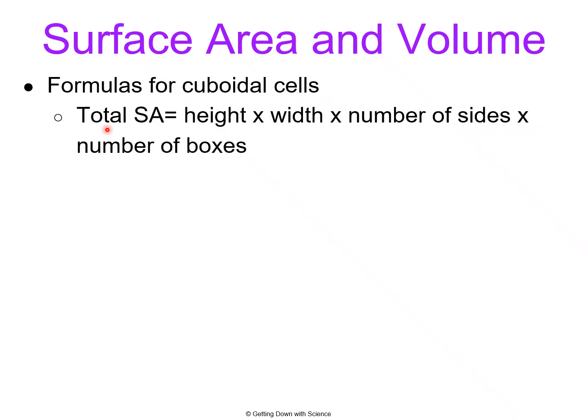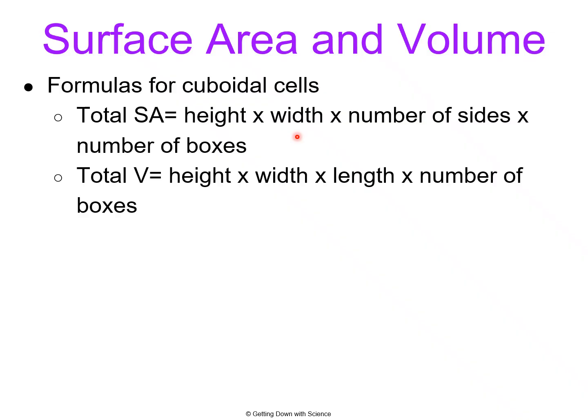The total surface area is equal to the height times the width times the number of sides and times the number of boxes in the cell. And the total volume is the height times the width times the length and times the number of boxes of the cell. So surface area to volume ratio is the surface area divided by the volume,